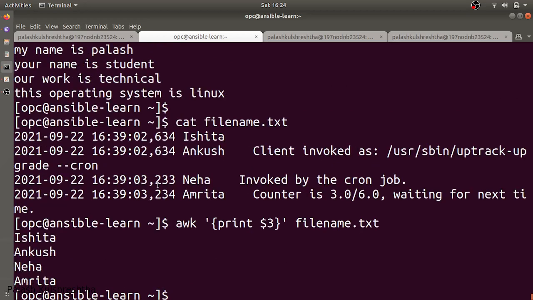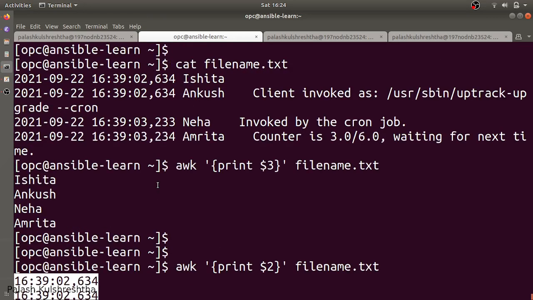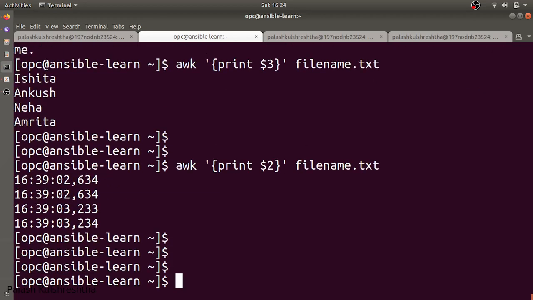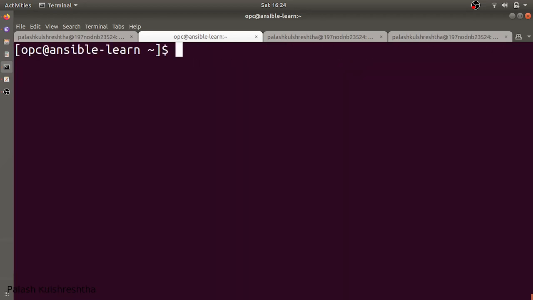So we are going to give it multiple field separators. We are going to say that consider space as a field separator and consider comma also as a field separator. So how do we give multiple field separators? awk -F, and in the square brackets you have to give all the field separator characters. For example, comma is one of the field separator characters, and space is another.